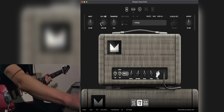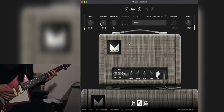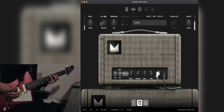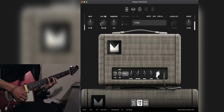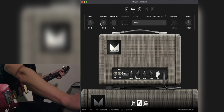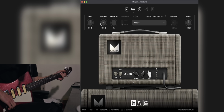But like I said, also cleaned up, but using that level boost to kind of activate the faux tubes a little bit more. That into a big washy reverb is quite nice. And then this AC20, which is going to be kind of like the more voxy, chimey kind of thing, you'll